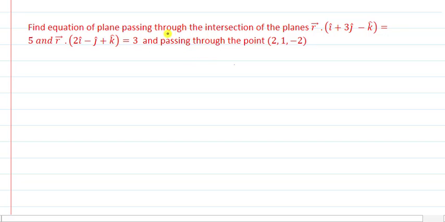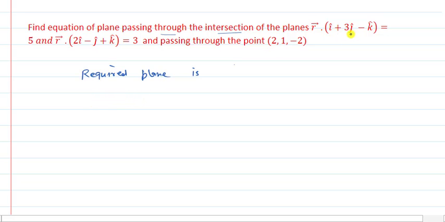The first problem is: find the equation of the plane passing through the intersection of the planes r dot (i cap plus 3j cap minus k cap) is equal to 5 and r dot (2i cap minus j cap plus k cap) is equal to 3, and passing through the point (2, 1, minus 2). So the question is clear that we need to find out the equation of the plane passing through the intersection of two planes. As I told you, the required plane is plane 1,